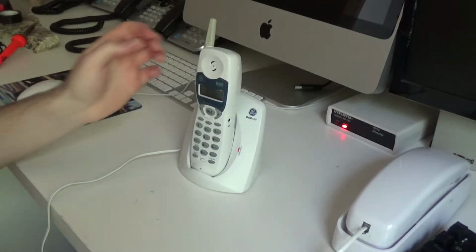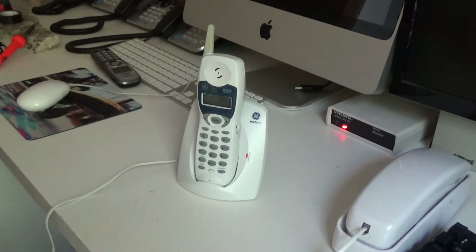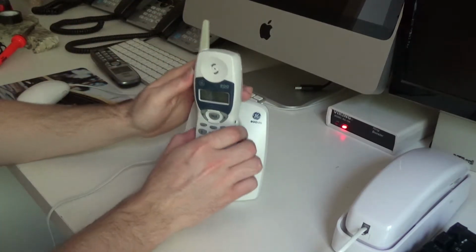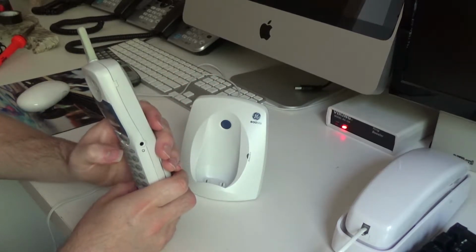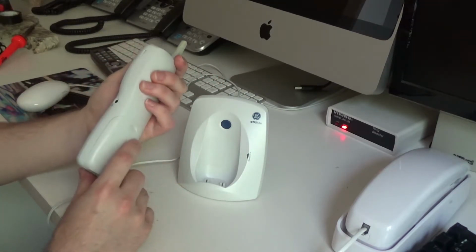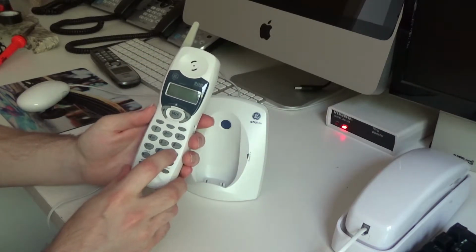Hello viewers, here is a General Electric 900 MHz telephone, and I didn't want to do a full refurb on this because it's really remarkably clean. I mean, there's not even dust in the crevices of this, but we do have to do some button repair